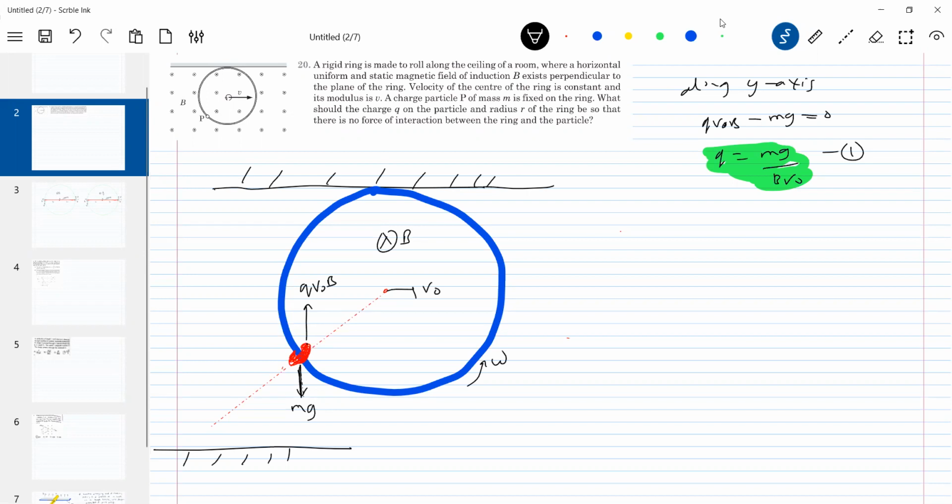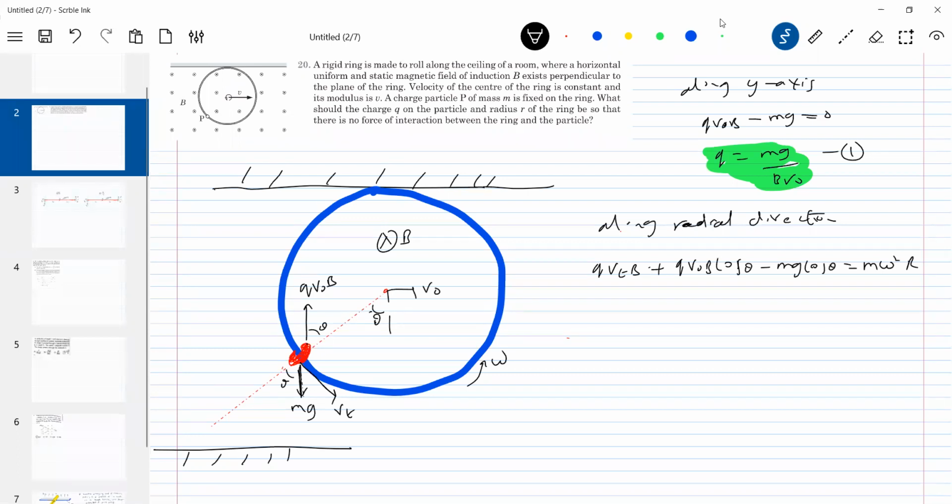Okay, let's proceed like this. So mg equal to QV0B. Can we bring the radius into the picture? The radius is what is being asked, this is r. Look at the tangential velocity. It will have tangential velocity also. So write the equation along the radial direction: QVTB plus QV0B cos theta, this I'm assuming is theta, QV0B cos theta minus mg cos theta equal to m omega square r.